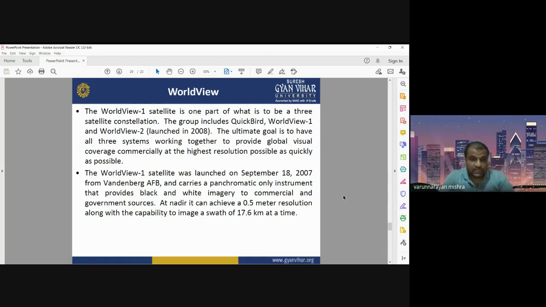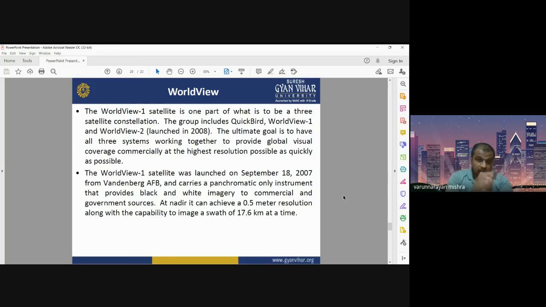The first group of satellites, WorldView 1 and WorldView 2, was launched in 2008. And the most important point is that it is comparable with QuickBird. WorldView also has very good details. The ultimate goal is to have all three systems working together.